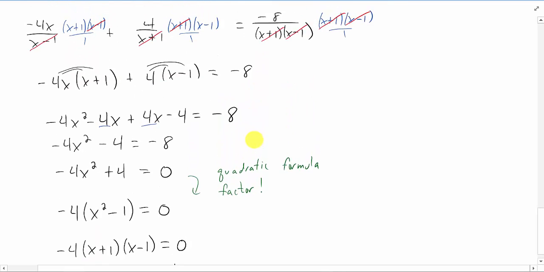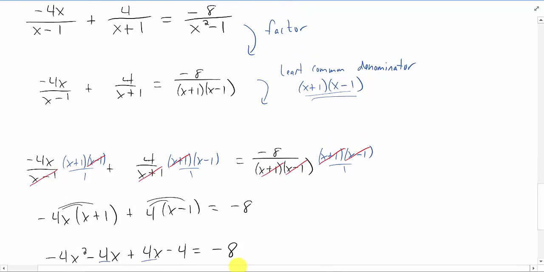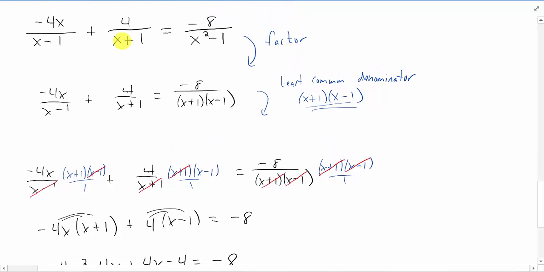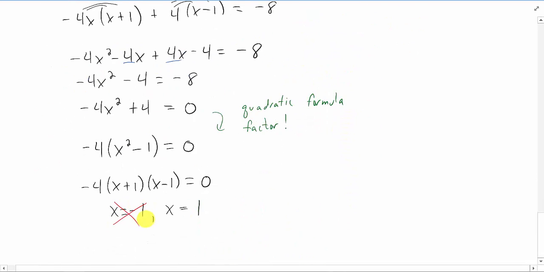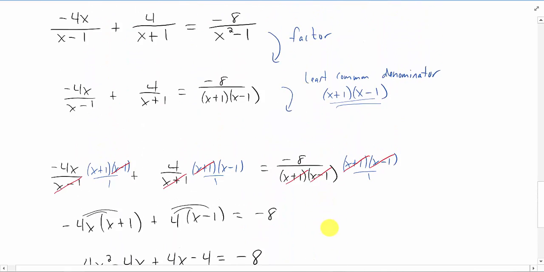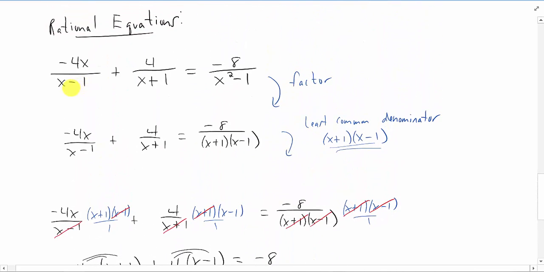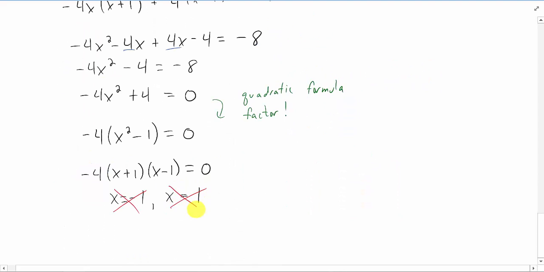Go back to the original equation up here. And this is what I'm looking for. If you plug in x equals negative 1 into this denominator here or this denominator here, you get undefined terms. So we can't say that this is actually a solution. So we're going to cross that one out. If you plug in x equals 1 into x up here in the original equation, you get the same problem. So we can't say that that's a solution either. So I'm going to cross that one out too, but those were our only two possible solutions. So our answer to this problem is there is no